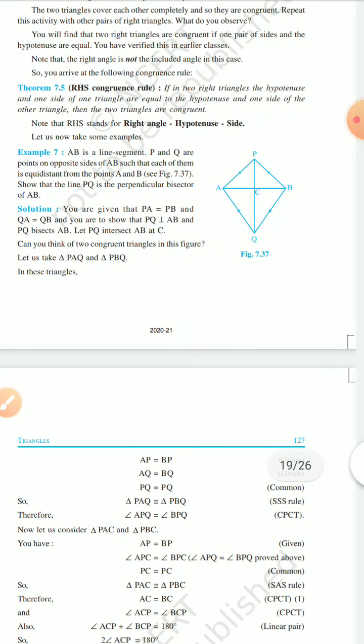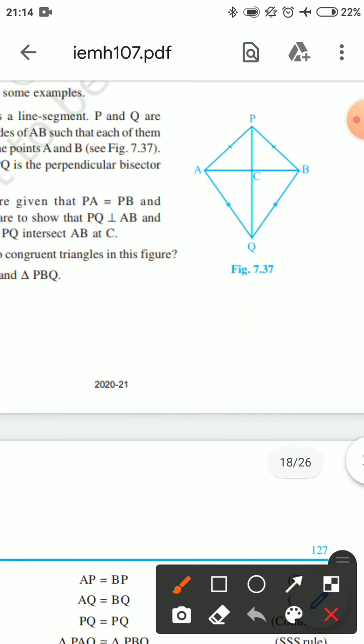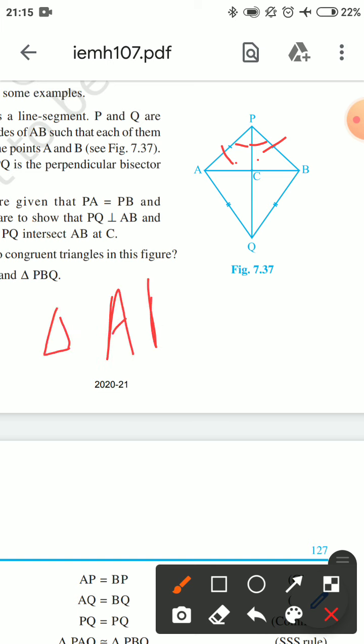So now again let us consider this triangle PAC, that is this one, and this triangle, right? In these two triangles you can see that side AP is equal to side PB, this side is equal to this side, and this angle was equal to this angle. We have proved this by CPCT, and side PC is common in both. So we can say that triangle APC is congruent to triangle